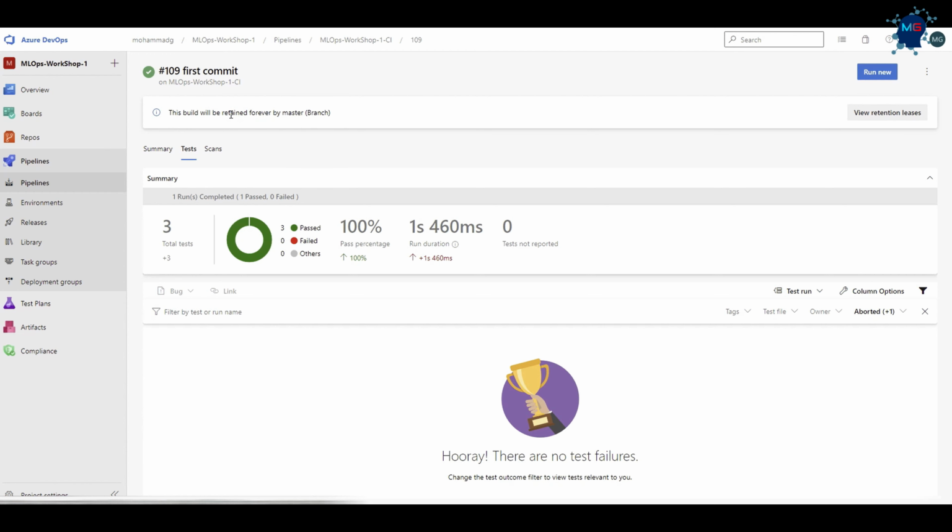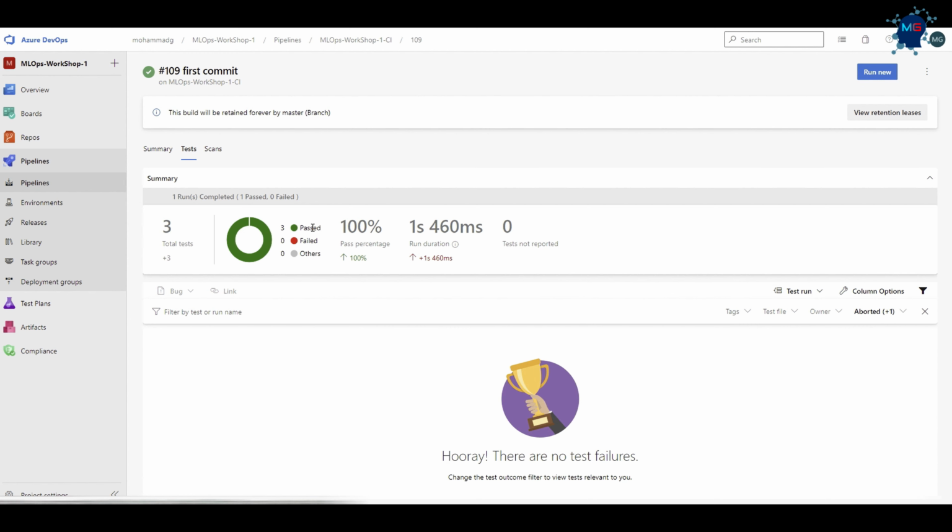So in the previous video, we started to create our first CI pipeline. We passed the unit test and it sounds that, well, the data and the code that we have with the new version of the code that our data scientist did a pull request and got to the master branch is already fine and passed the unit test. So now we can start actually interactively work with Azure Machine Learning from DevOps to create a compute cluster, do the training, upload the data, and